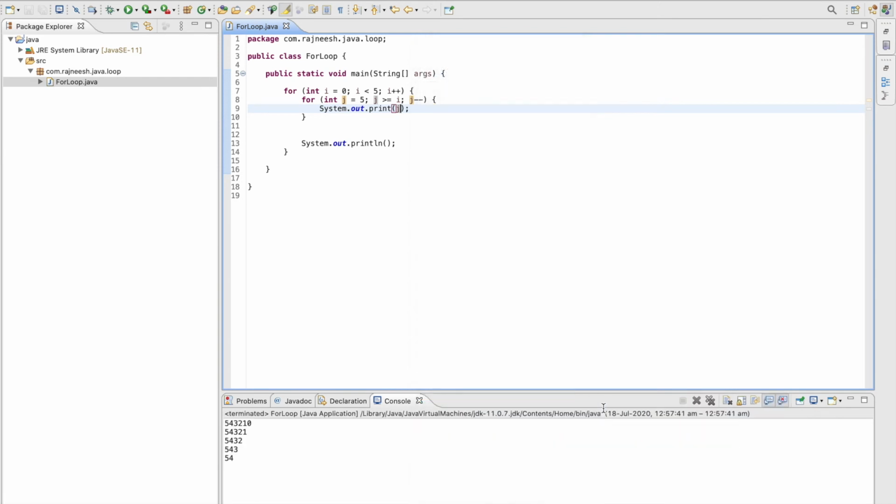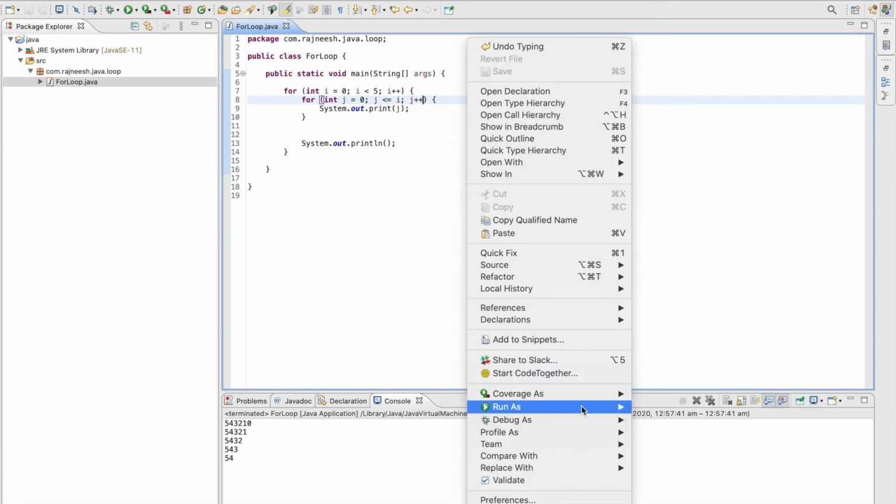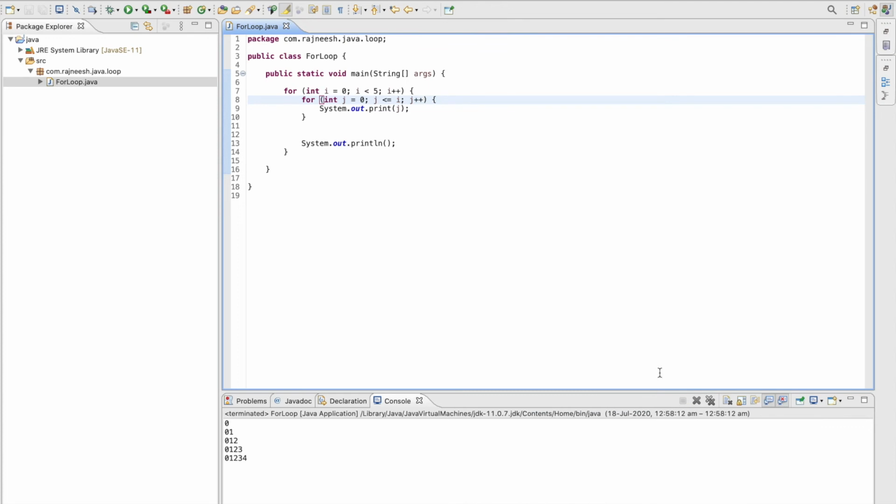See, the output is again an upside down version of the right angle triangle. It's just like you are seeing. So after that I am going to tell you about the equilateral triangle, okay. So please wait for this. Currently I am going to show you the changes I am making so far. I am changing the variable with j plus plus, j greater than equals i, and now I am printing this. So it is the right angle triangle with a variable starting from 0.